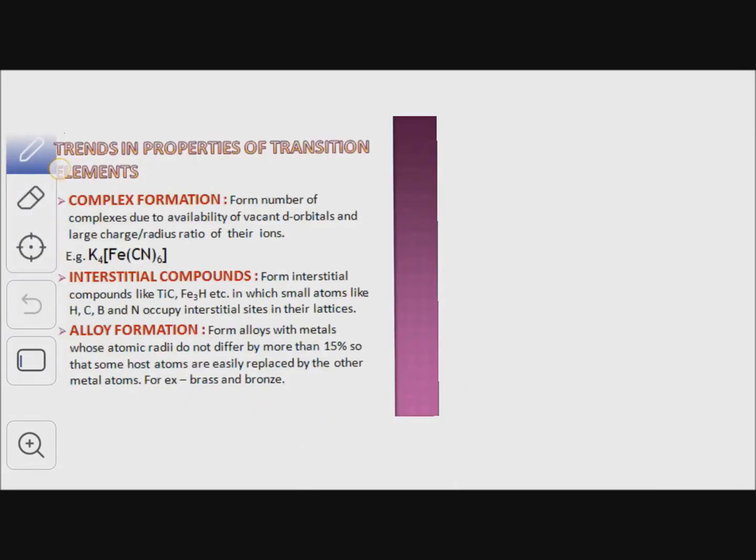Trends in properties of transition elements. First one is complex formation. Transition elements form a number of complexes. This is due to the availability of vacant d orbitals and the large charge by radius ratio of their metal ions. Charge by radius ratio means polarization,